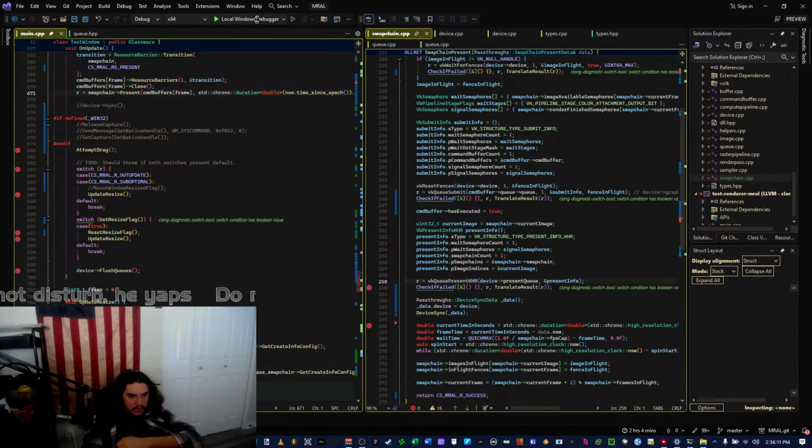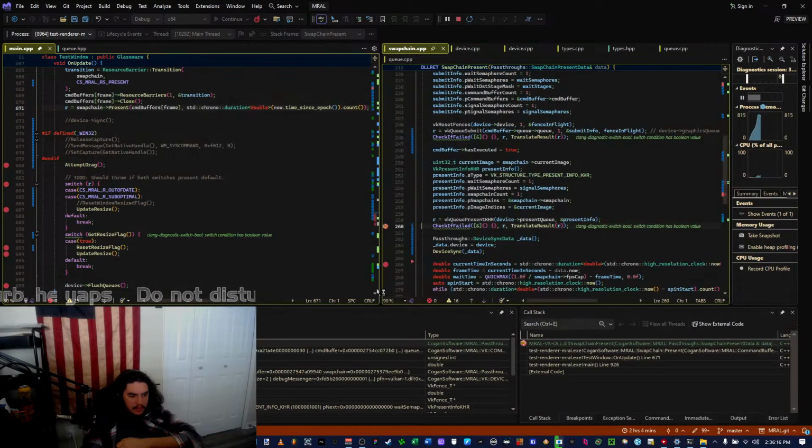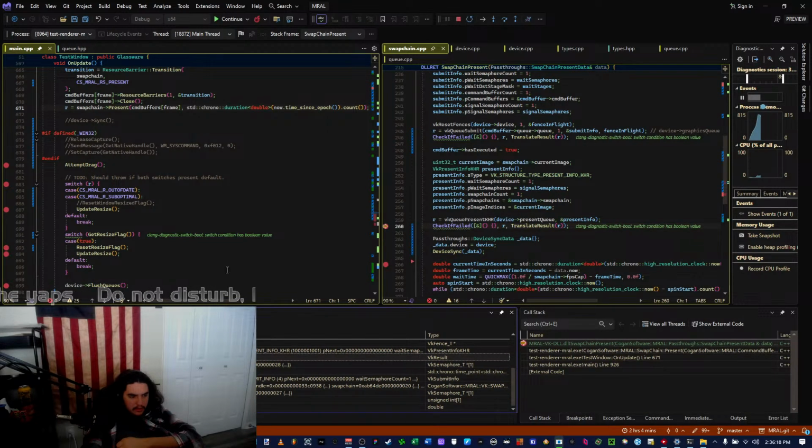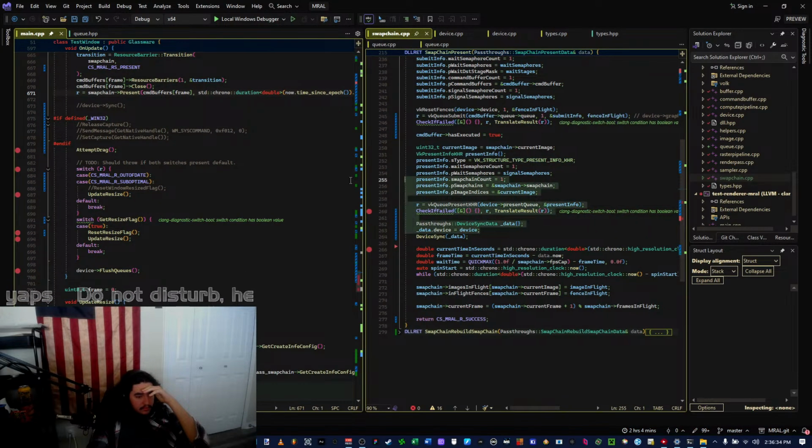Does it return early? No, it can't return because check if failed would add a return statement in here. A success. It literally says it succeeds, but then it can't do anything afterwards. Okay. Oh my god. I mean, I have no idea.